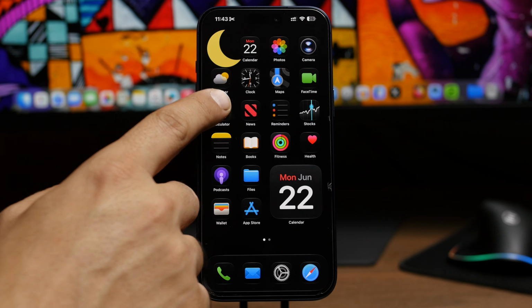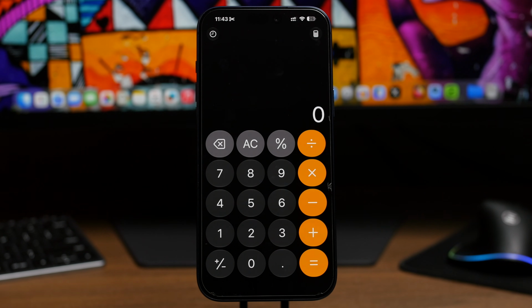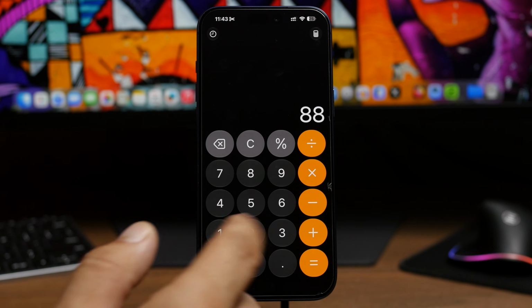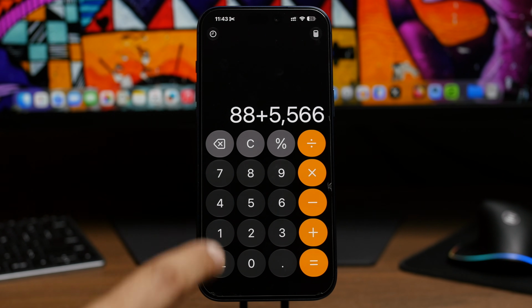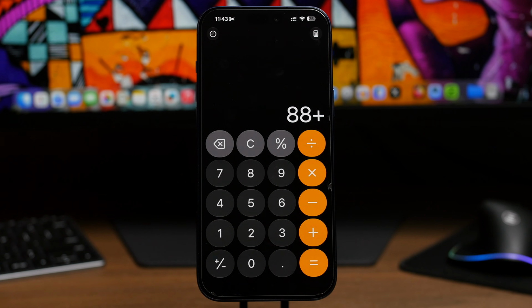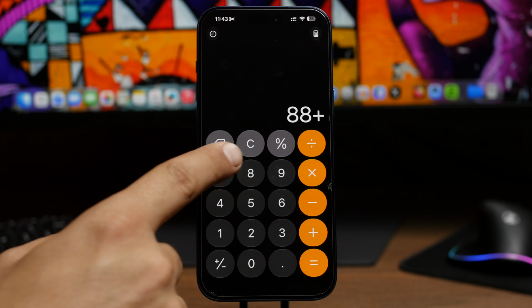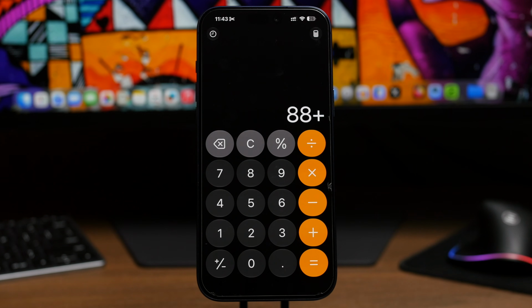Now here's one really useful one for the calculator app. I'm pretty sure most of you guys don't know about this. So if I'm calculating something, so let's say 88 plus 99, if I wanted to leave that 99 there, most people would do like this to have the buttons, or if it's a bigger number, you will have to press quite a few times. But did you know that the clear button in this case will work only after the